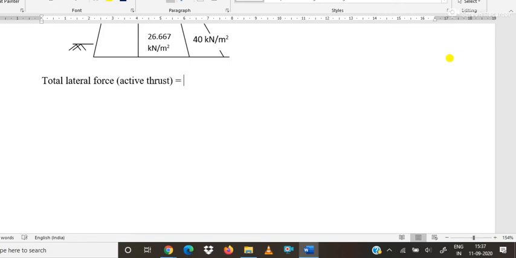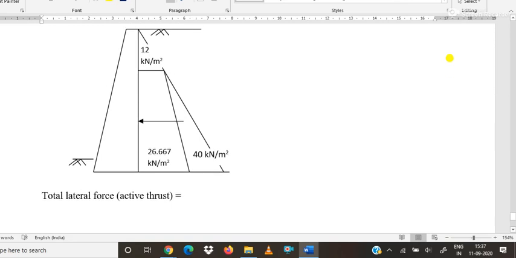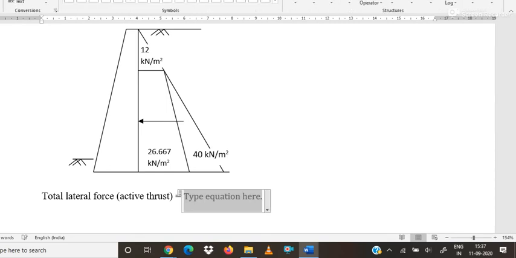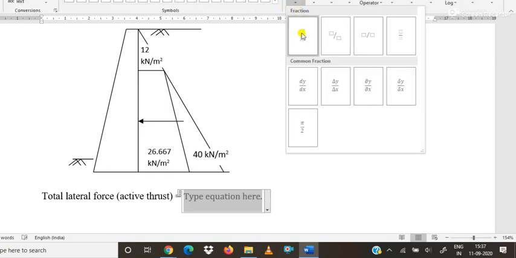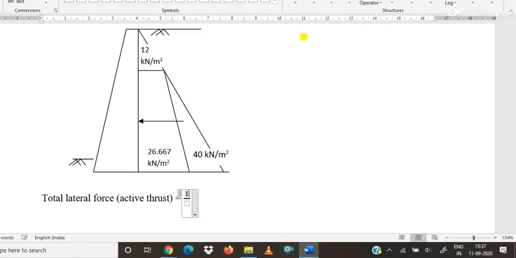It equals the area of this pressure distribution diagram, which is half of 12 multiplied by 2, the area of the first triangle at the top of the figure, half of base multiplied by height, plus